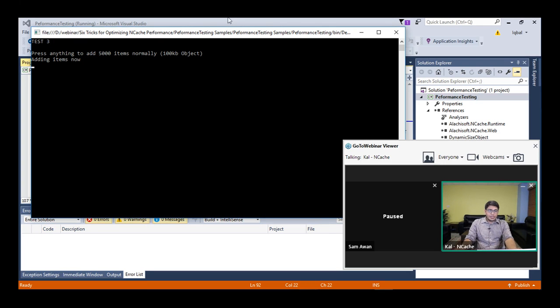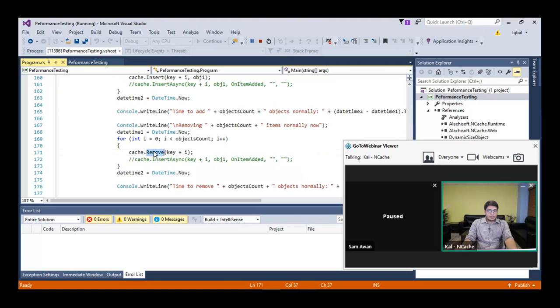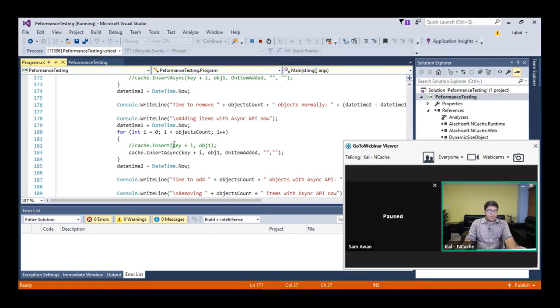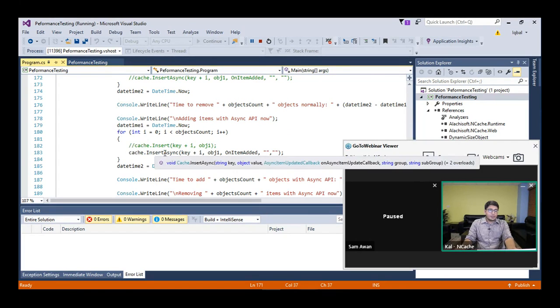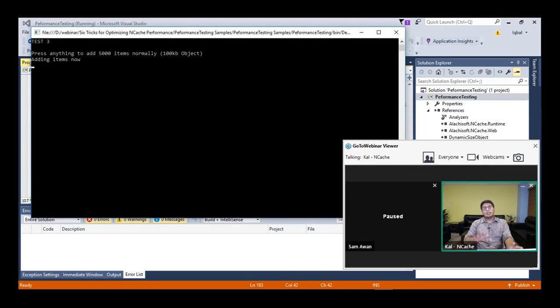While it's adding these items, let's jump back and see how they look. In this case, it's just doing a basic remove to remove these items. In the async test part, it's doing the insert async call. So the client does not wait, it just passes the operation onto the queue. The queue does not mean that it's going to be a slow process, just that the client does not wait for it, and it's done as a background process, but it's done pretty fast because a lot of operations within the cache are actually done in an async manner.